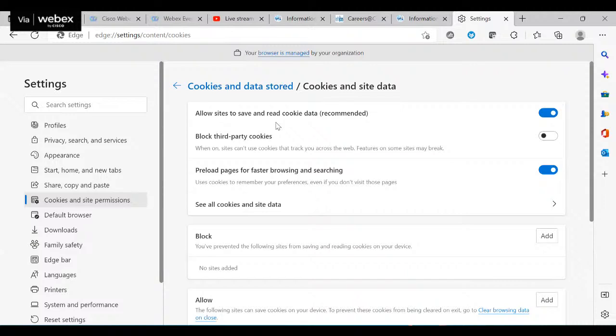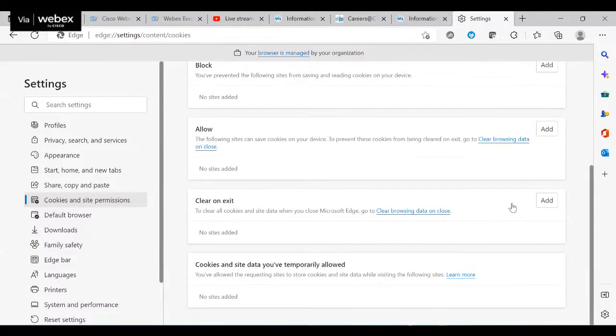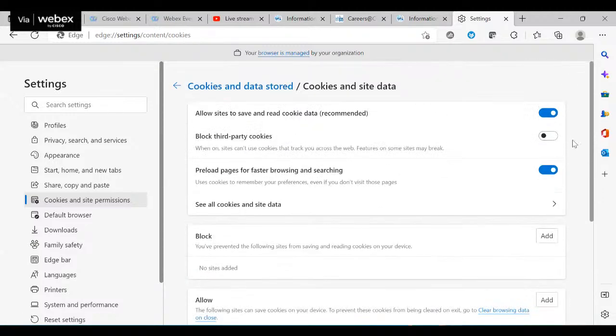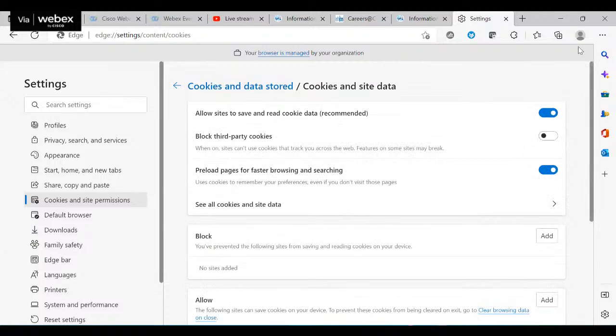Later, it will remove those cookies, right? So clear and exit. Clear browsing data and close, right? Clear browsing data. All these things are available. So you can just see and try to remove all your cookies and the history and all the things once in a week's time or once in 10 days, right?